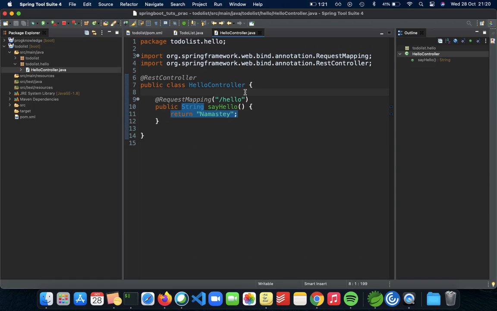So here, what happens behind the scenes is that whenever you access localhost port 8080 or base URL /hello, that /hello is mapped with this function, the sayHello function, and it returns back namaste. So in this video, we'll talk only about how we can return a string, but in the upcoming videos, we'll actually return objects and much more complicated data structures than just a string. So here we use the request mapping annotation to have a /hello mapped to the function, and as you can see,